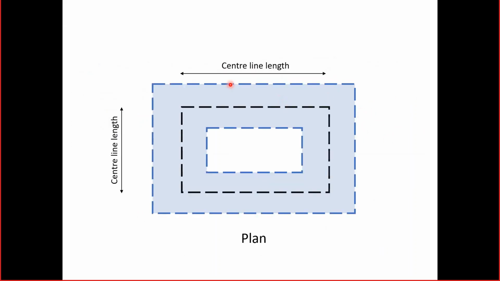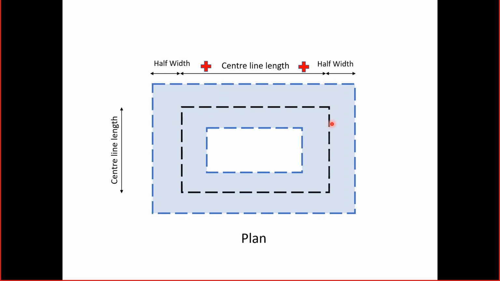So let us see here how it is done. Centerline length of this particular wall plus half width plus half width. I hope you are following. Let me give you an example. Let us consider this centerline length as 5 meters. I hope you have your calculators and your notebook. Do the calculations for this. I'll assume this centerline as 5 meters and the wall thickness as 0.23 meters. So what is this half width equal to? 0.23 by 2. And this half width or remaining width is 0.23 by 2.